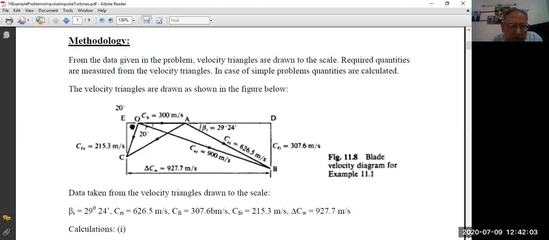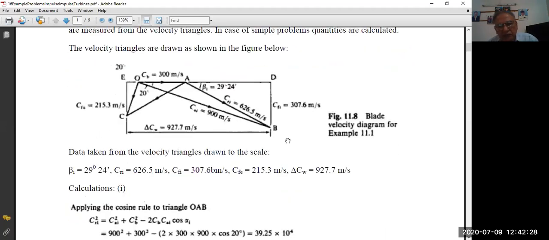So in order to draw this, we need CAE, exit velocity, absolute. This is CRE, this is CAE. We need CAE. Since we know that it is symmetrical blading, the beta I must be equal to beta E. So this angle OAC is known, so that is equal to 29. So in this way, you can draw this. Once this triangle is drawn, these two triangles at inlet and outlet, now from this diagram, you can